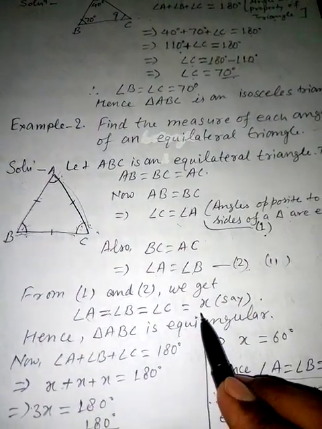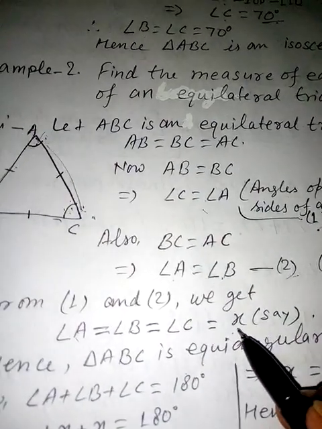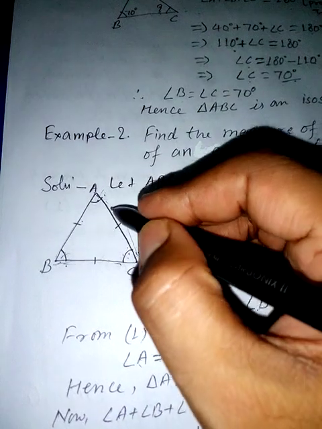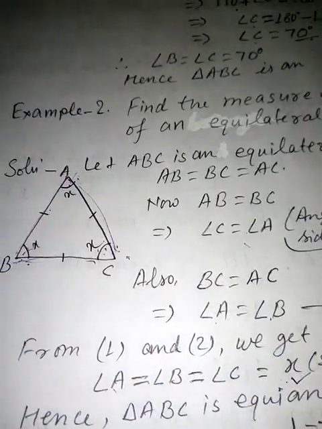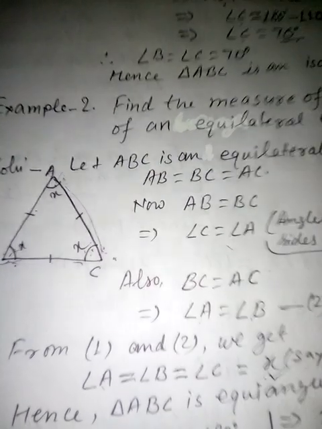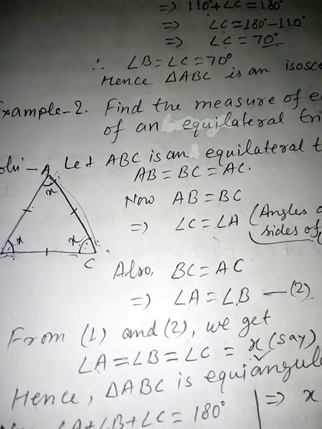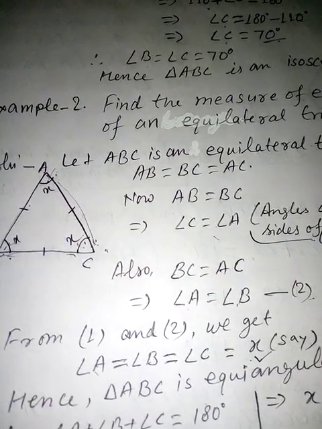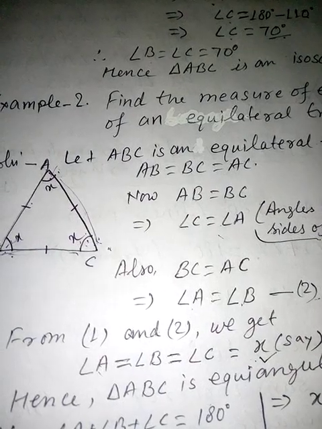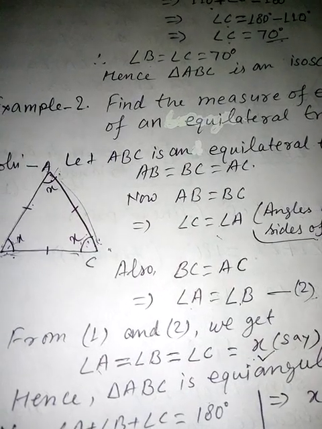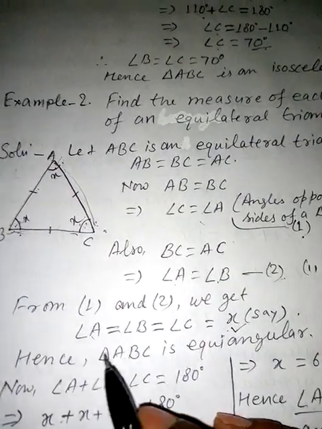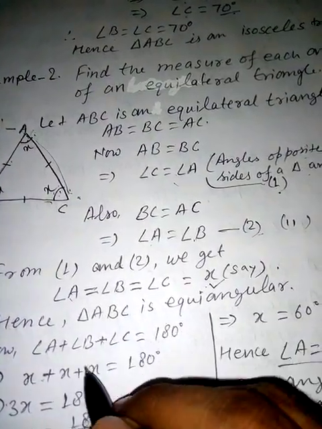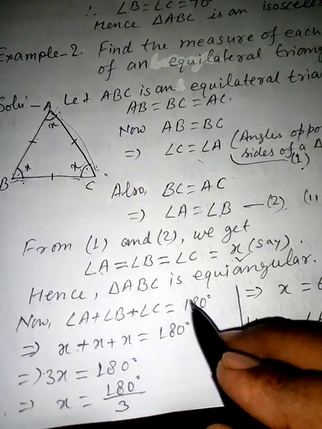So all these three angles we can consider as X. It means all the angles are X degree. It means all these angles of an equilateral triangle are equal. Now we have to use angle sum property of a triangle, that is angle A plus